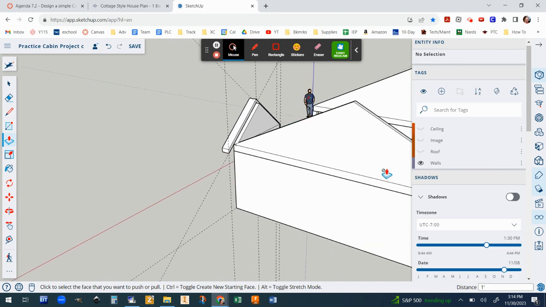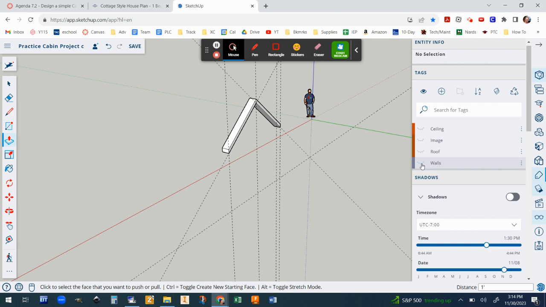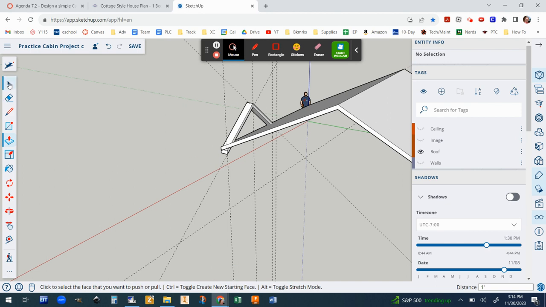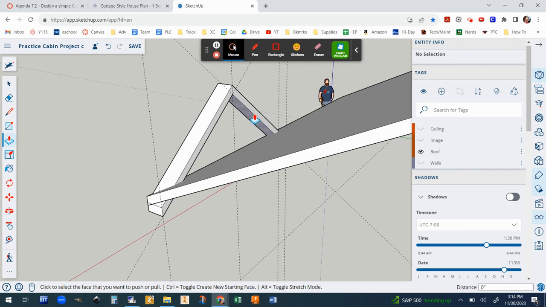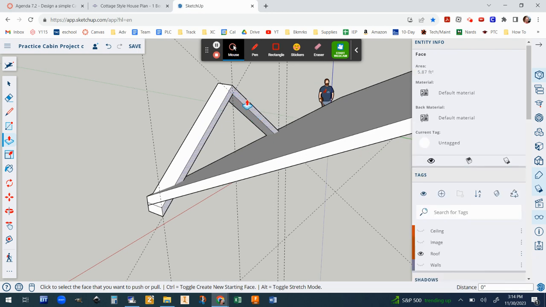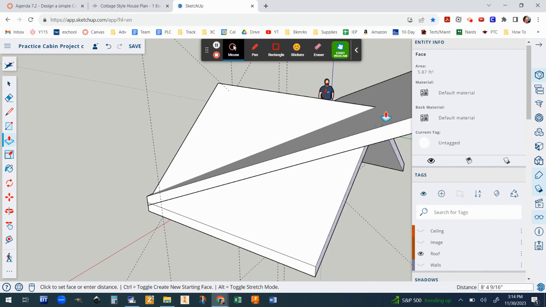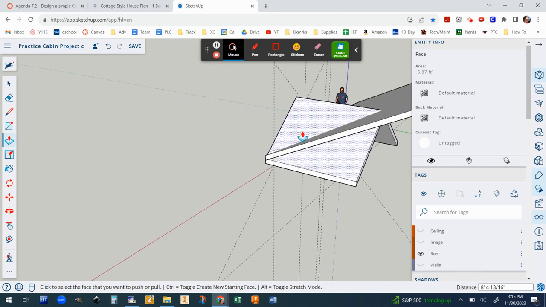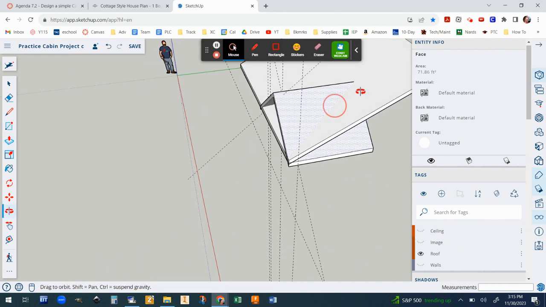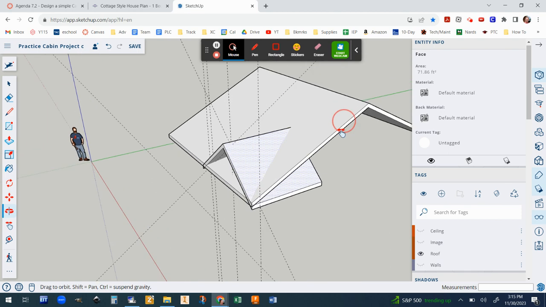I want to hide the walls and I want to unhide the roof. Okay. Because I'm actually going to pull this into the roof. All right. So let's go to the push pull tool again. Okay. And grab anywhere in here and we're going to pull it all the way until it disappears into the roof, at least at the top here. Okay, so anywhere in there is good, and you see that it's now kind of enjoined into the roof, the